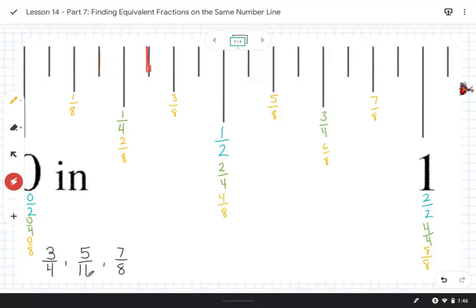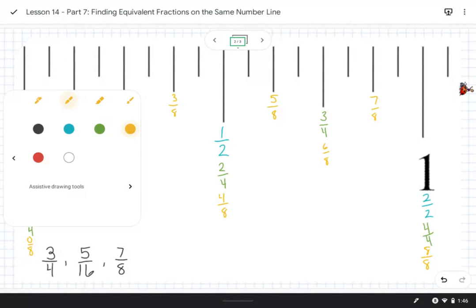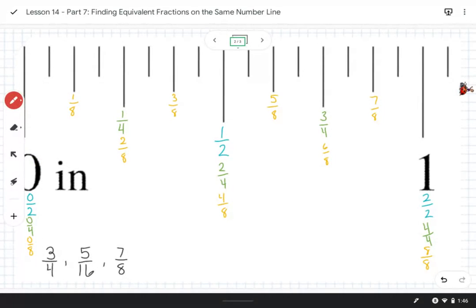Now, if we take these in addition to all the other lines we've labeled, and we simply count, starting at 0, we have 1, 2, 3, 4, 5, 6, 7, 8, 9, 10, 11, 12, 13, 14, 15, 16. The smallest lines on a ruler, a traditional U.S. customary system ruler, break each inch up into 16ths. So let's go ahead and label that with our final color. Let's use red this time. Let's see, 0 would be